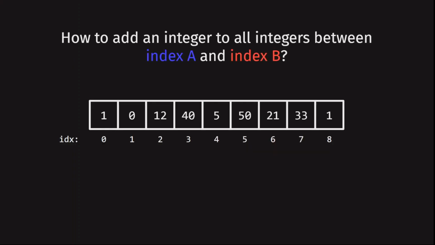Let's say we wanted to add a specific number to all numbers between index A and index B. In this case, index A is at 2 and index B is at 6. And let's say that the number that we wanted to add was a 5. The naive solution is to simply loop through all elements from index A to index B and add 5 to